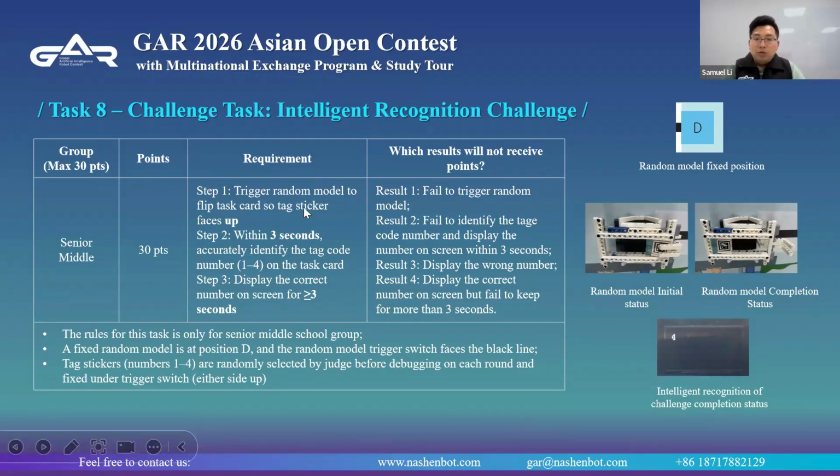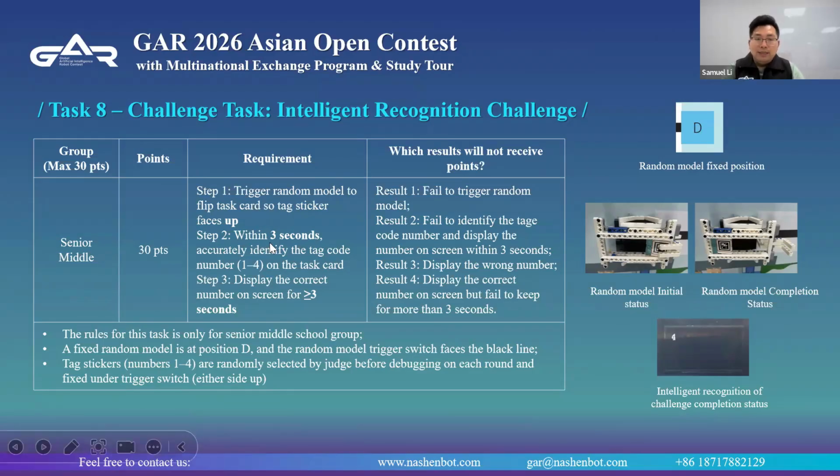Step 1: trigger the random model to flip the task card so the tag sticker faces up. This also appeared in the previous tasks. You can do this trigger once, and you can do the same as in the previous task.